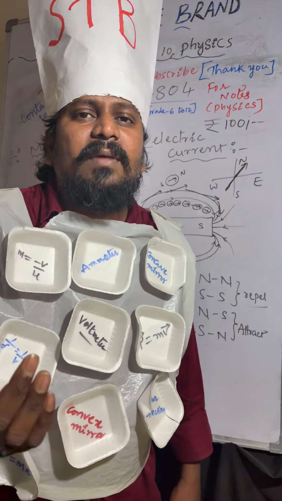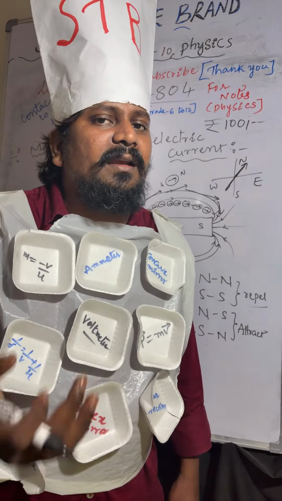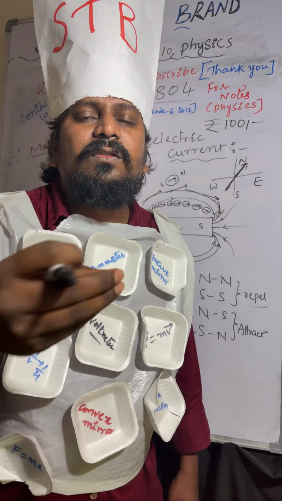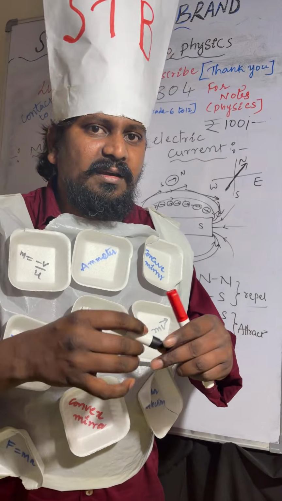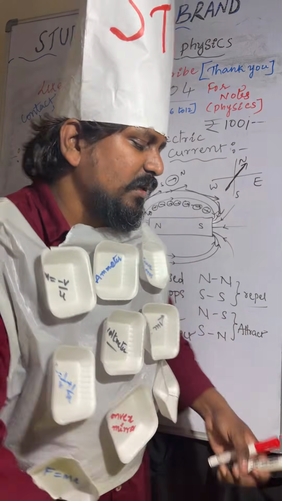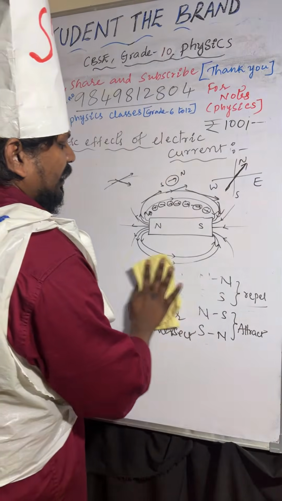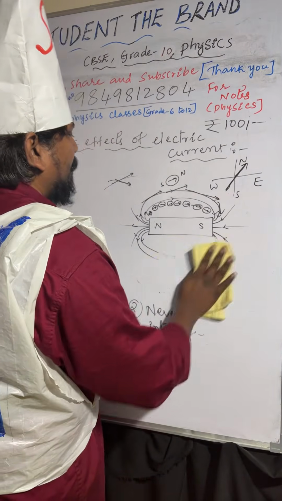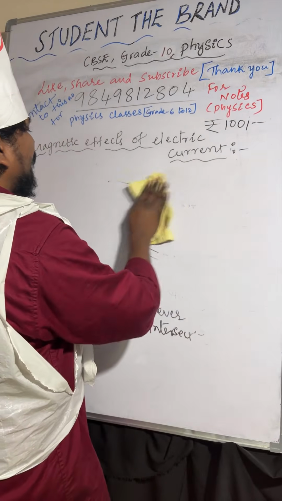So outside of the bar magnet, the magnetic field is from north to south. Inside of the bar magnet, the magnetic field line is south to north. I hope it is very clear. That's enough about magnetic field, the properties of magnetic field lines, everything. Now we will discuss about